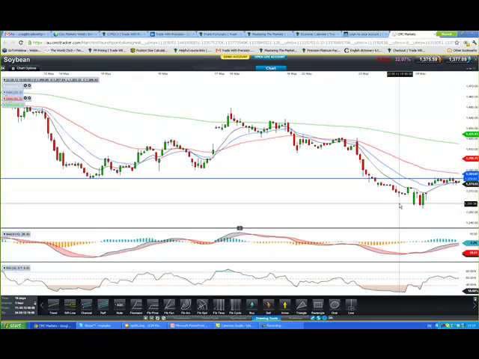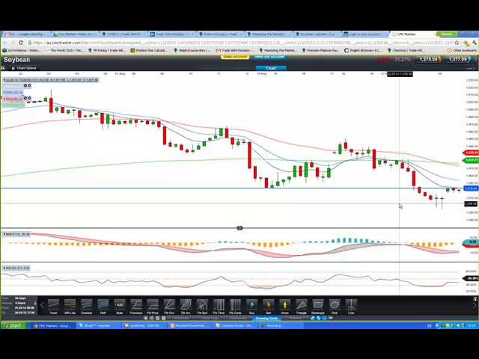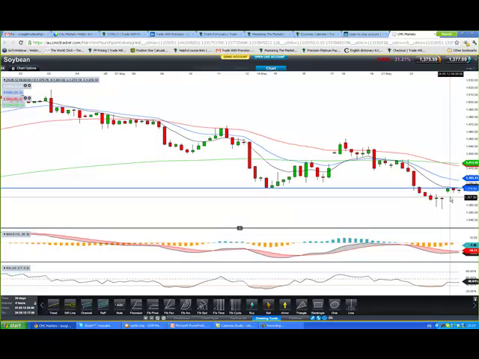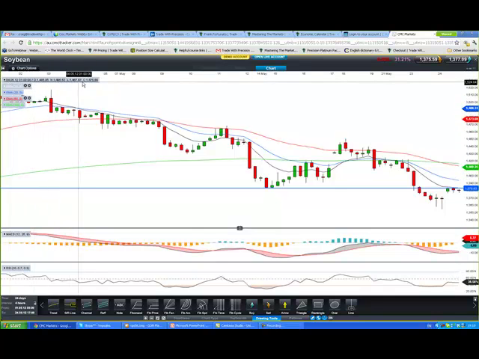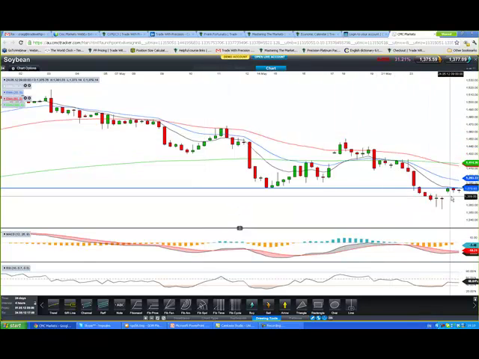So what we're going to do now, oops, go back to the 4-hour. What we're going to do now is come across here and put in an order. So how are we going to do that? Well, up on this top left hand corner you'll see that it's got the high, the low and the close. That's the information that we need. So if I just hover my cursor over that bar there, the high was 1381. So we'll just go one above that. So we go 1382, just to make it nice and round and easy.